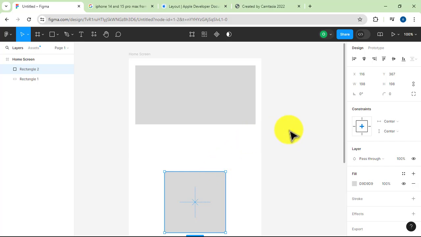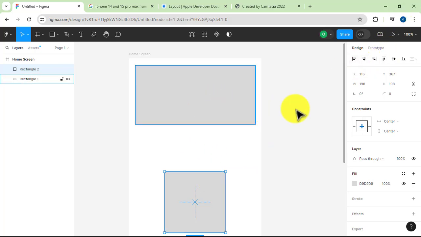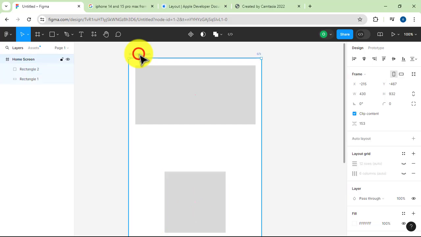So now these are some of the things you also should know about shapes and how they work, about the alignment. If let's say you have a series of shapes and they are not well aligned, you can use this alignment to actually align them. So another way that I can do the alignment is by clicking on this frame, the home screen frame, and then clicking